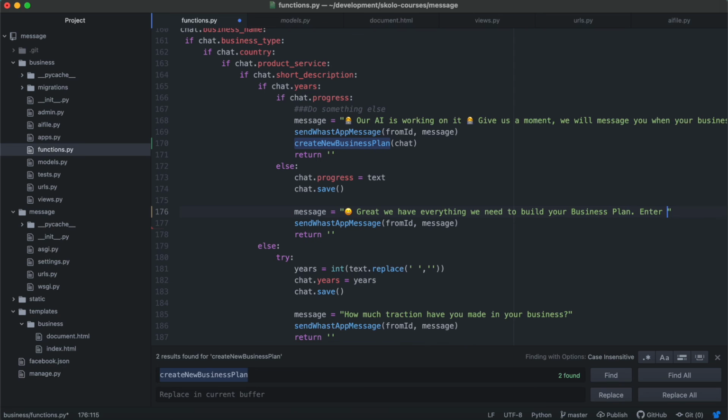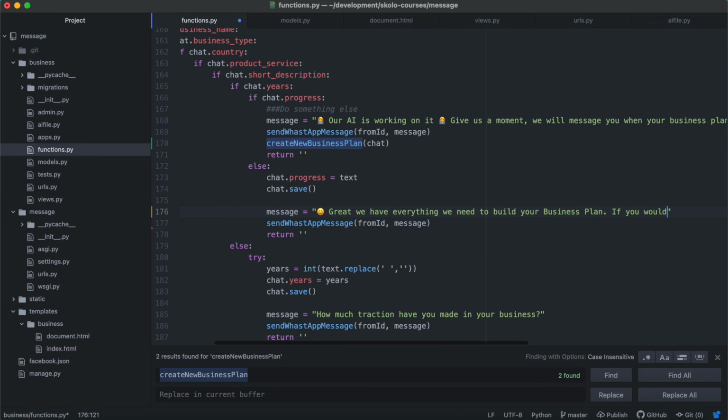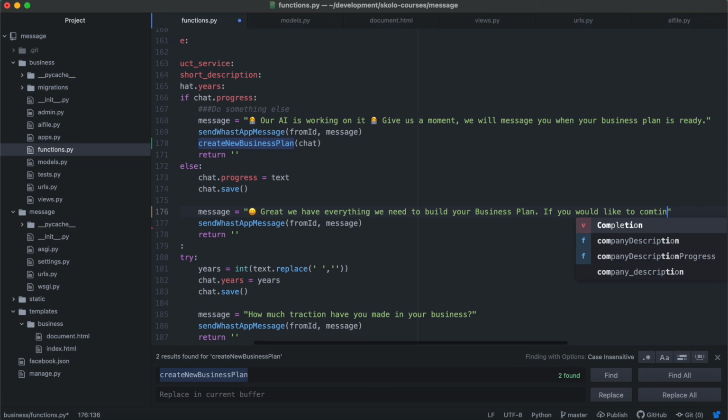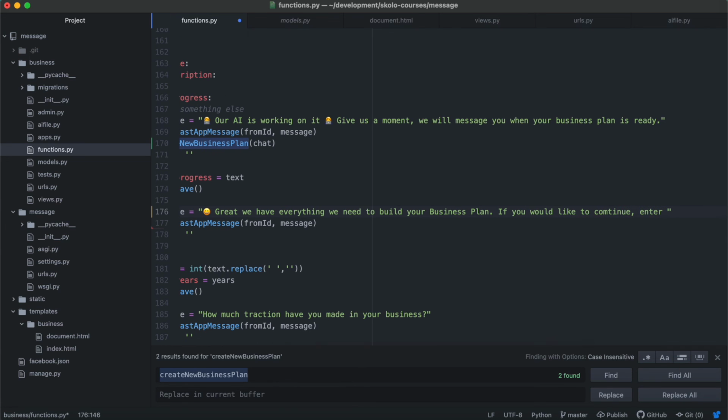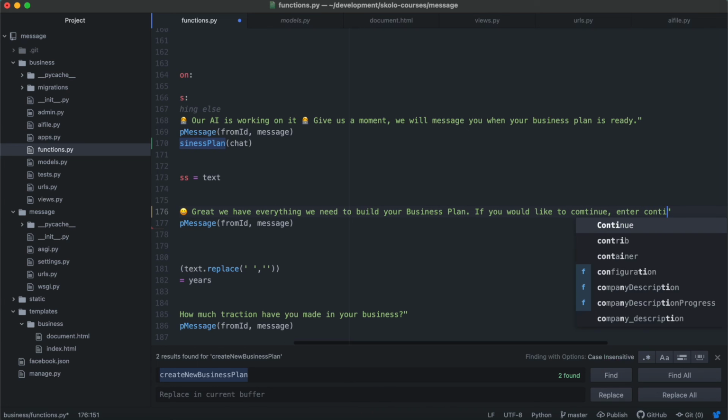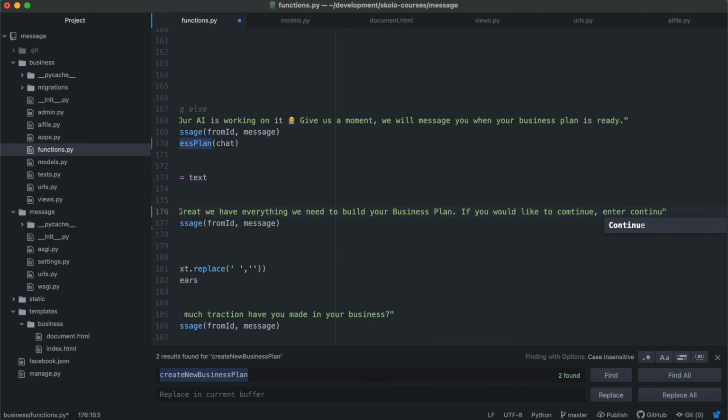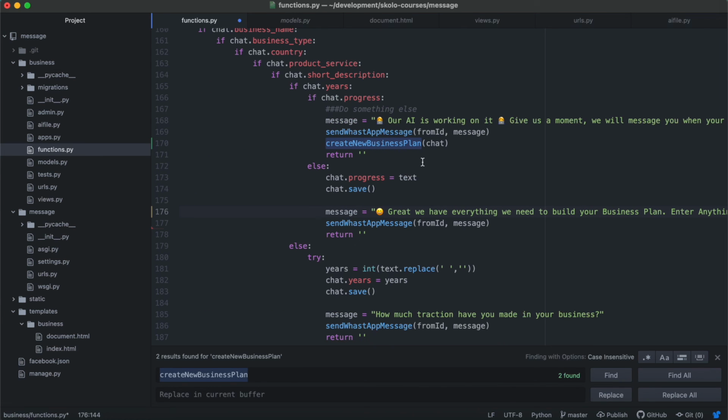Enter continue. Enter anything. Enter anything to continue. Then when it comes over here,